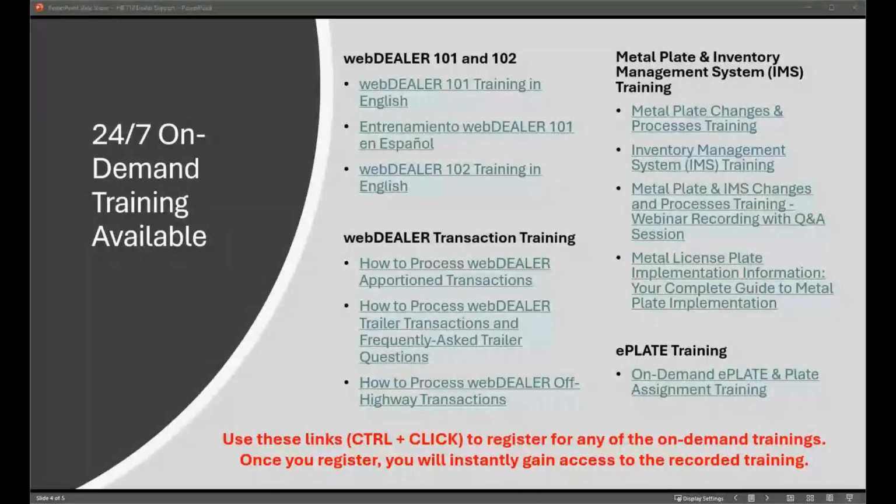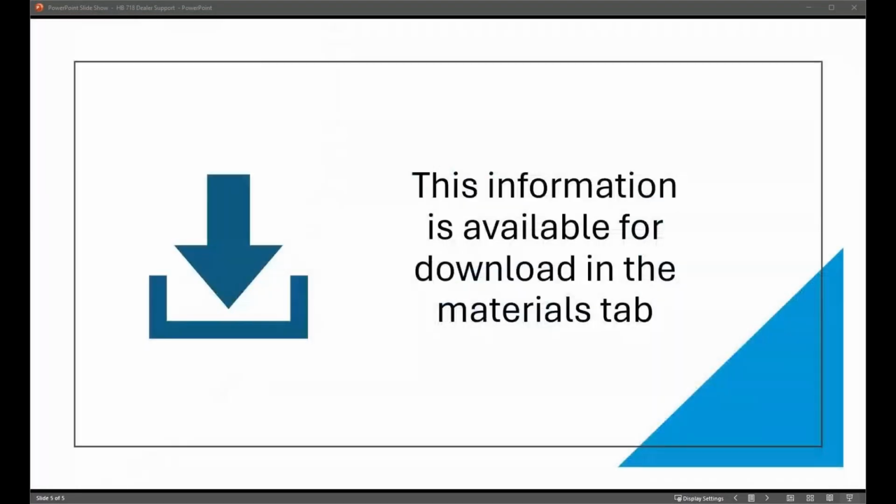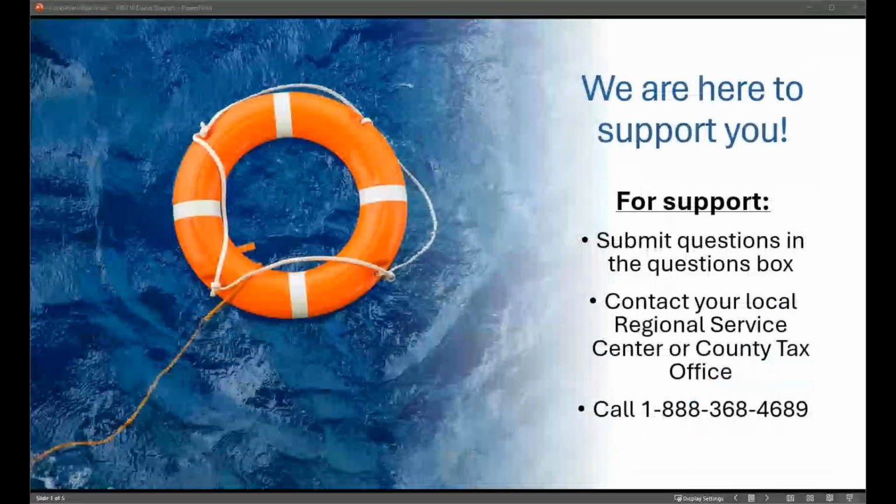Okay, let's talk about the assigning of those dealer plates. If that plate is going to be used for transporting vehicles, so if it's going to be used to transport to a shop, maybe to get serviced, or transporting inventory, or maybe transported for auction, and also if it was a loaner vehicle, you are going to go into e-plates and assign those plates.